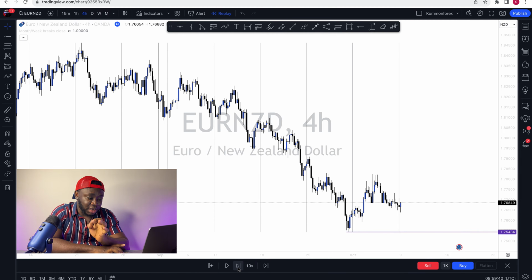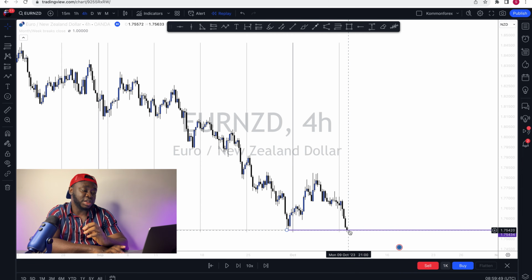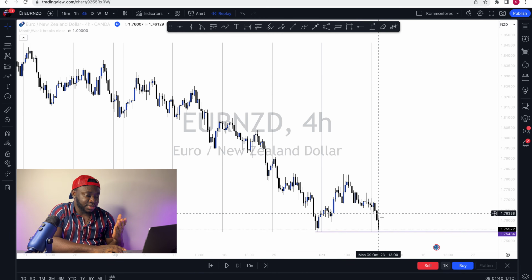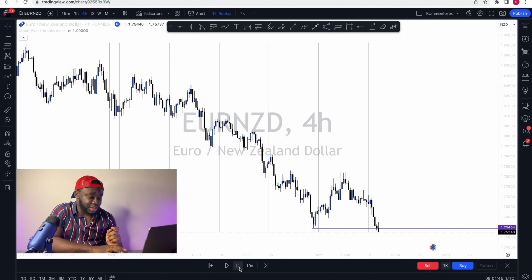So now you realize that the market was approaching our support. It hits our support. But what do we want next? We want to find an entry. We want to see if we can actually find an entry on this particular trading setup. When the market tapped into this support again, we're expecting to find an entry and then take a trade